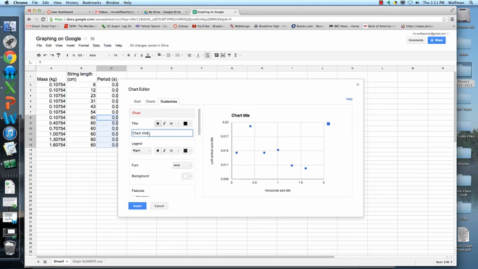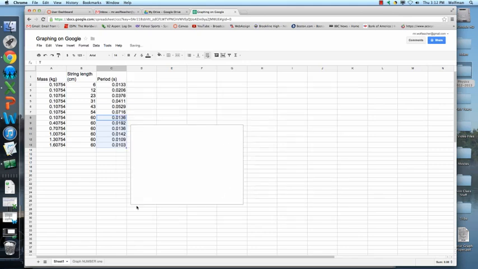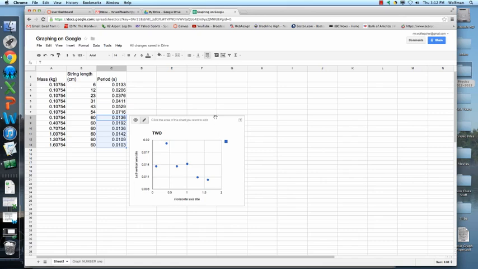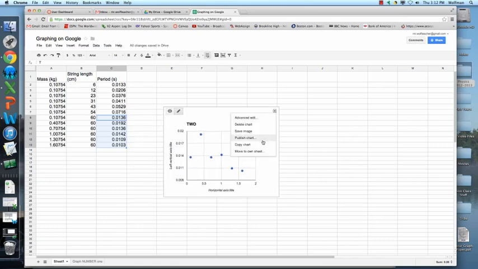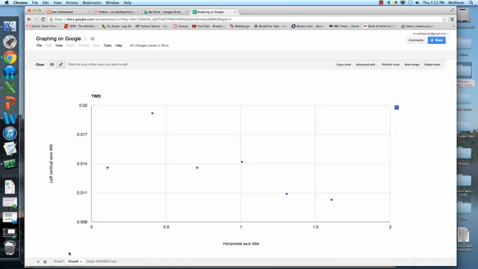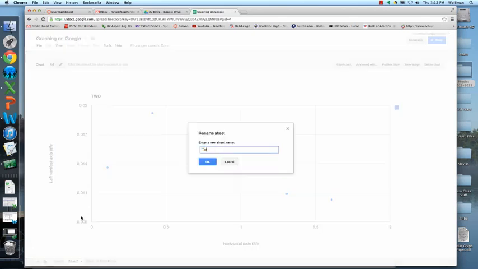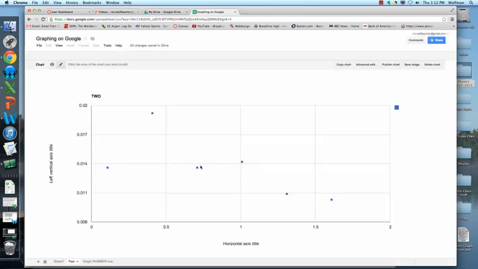Got to make sure I select all this. I didn't do it again. I don't know what's happening. There we have it. Just call this one 2. Insert. And there it is. I'm once again going to move this into its own sheet. I'm going to rename it 2. Alright. Now if I look at this graph, okay, I could say well, on graph 2 the values decrease